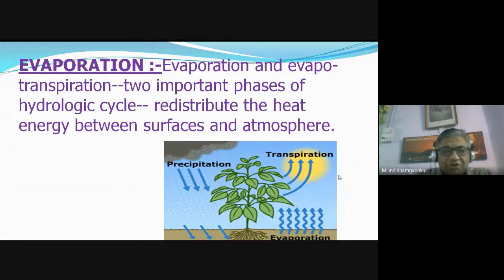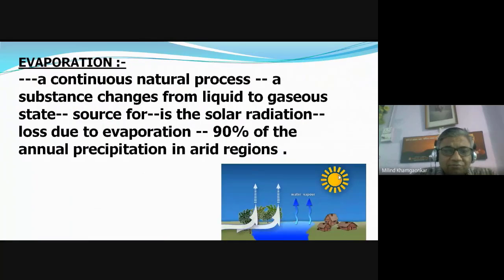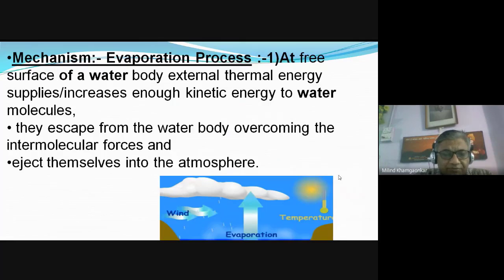It is the process wherein water in the liquid form gets converted into the gaseous state, the water vapor, due to the heat provided by solar radiation. And almost 90% of the water is lost in evaporation. The mechanism of the evaporation process is that the water molecules which are at the surface of the water body